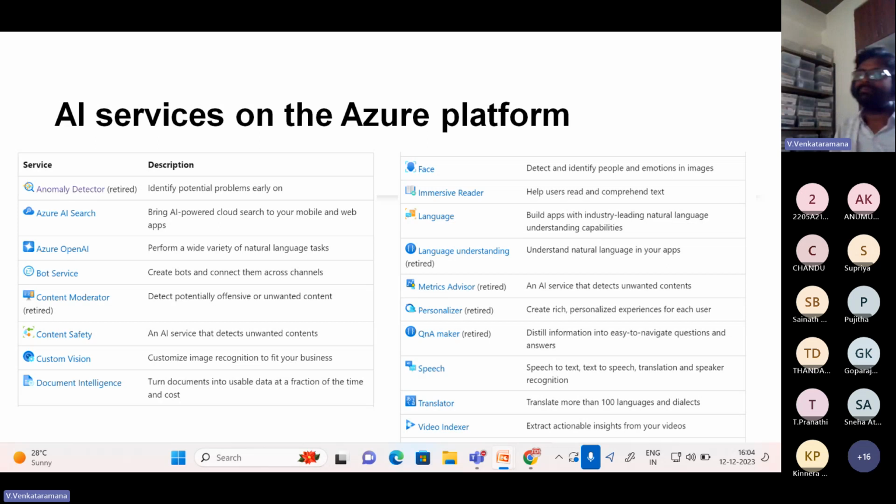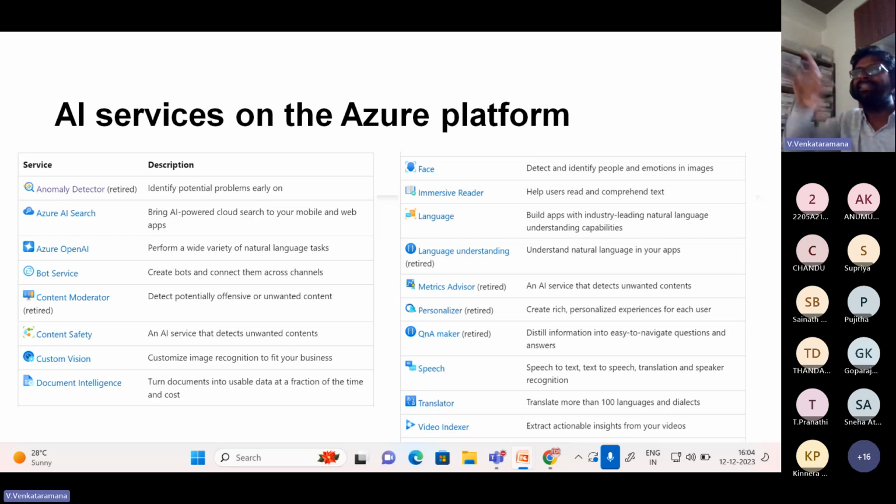Similarly, Document Intelligence. Document Intelligence is newly coming; it was not there at the time when I wrote the examination. Document Intelligence means we have some unstructured data, like invoice bills and other documents, and it will analyze the document and prepare structured data: invoice number, date field, date value, amount. Such things can be extracted and the data prepared. That is called Document Intelligence. So turn documents into usable data at a fraction of the time and cost. With less time and less cost, your unstructured data from the document can be converted into